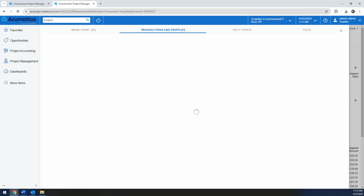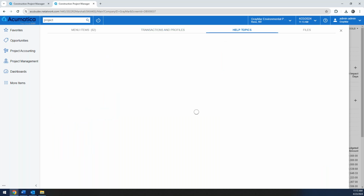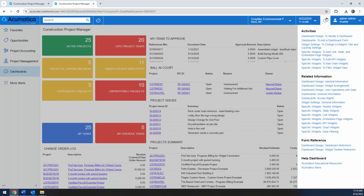If I navigate to the transactions and profiles window, I'm actually looking up transactions such as AP invoices, receivable invoices, and more, basically searching for various transactions in the platform. I also have a very detailed help topics section where I can search for various help topics within the application. Perhaps a better way to navigate help topics is to use this little question mark in the upper right-hand corner, because we have help topics associated with every page within the application. So if I click Open Help, for example, this will give me activities and related information on how to design